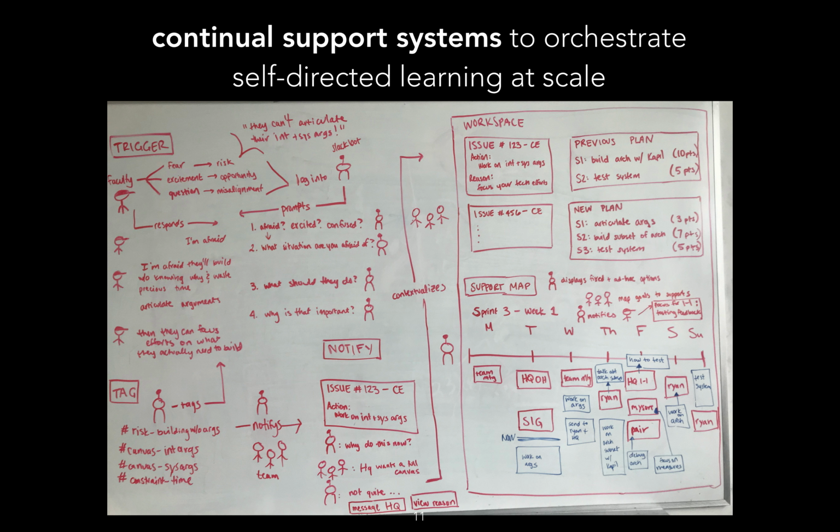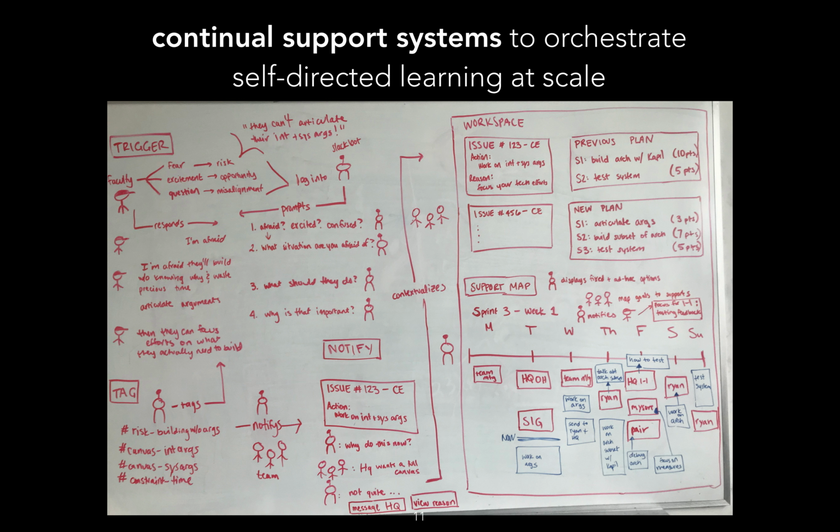So there's this issue of alignment between what the actual issues are between the faculty and the student, but there's also this issue of, given that you have alignment on those issues, how does the student actually incorporate that into their previous plans and come up with a new plan that they could then execute?